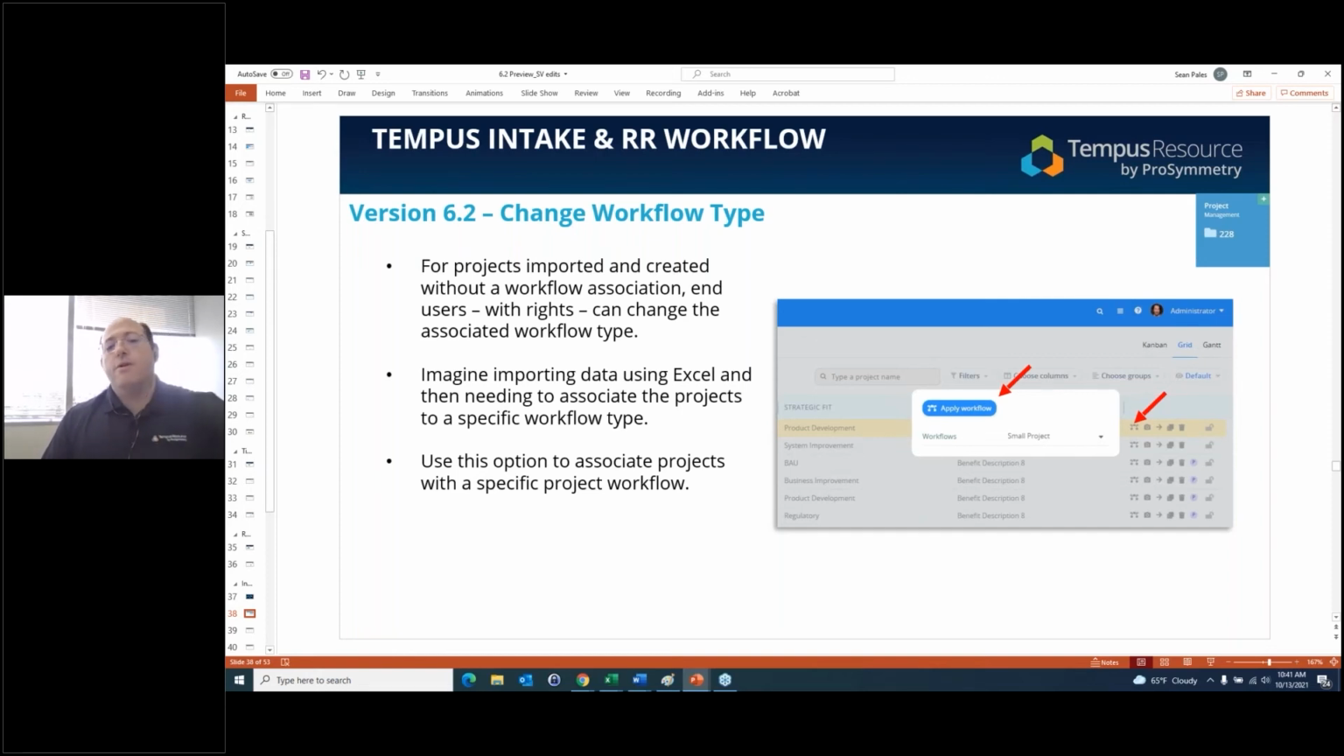But when you import, there wasn't a way to specify, when I import this project, it should be of this workflow type. So that was a gap. So we had some scripting that was created to help some clients. But what we've done with 6.2 is we've added an icon into project management, where if a project was created manually or imported from Excel or imported via the API or a synchronization, and it comes over as just